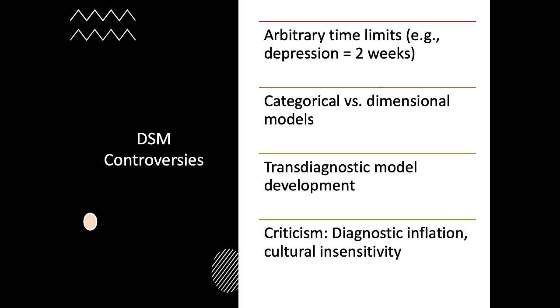The DSM uses a categorical approach, a yes-no judgment, which critics argue relies on arbitrary symptom counts. Why 5 symptoms for depression, not 4 or 6? This approach also doesn't directly evaluate severity. To address this, the DSM-5 expanded to include a dimensional component, allowing clinicians to rate symptom severity along a scale. Many believe a full dimensional approach, which sees disorders as extreme variations on a continuum of normal traits, would be